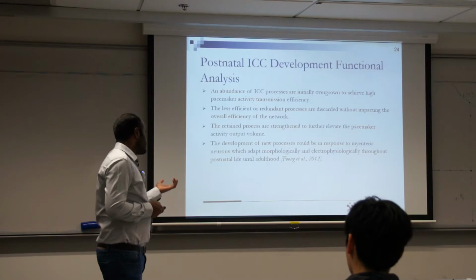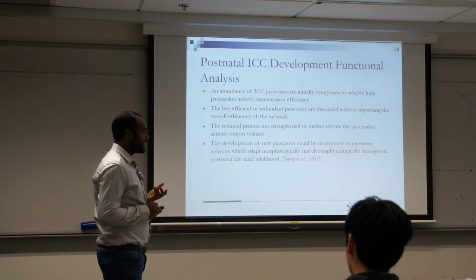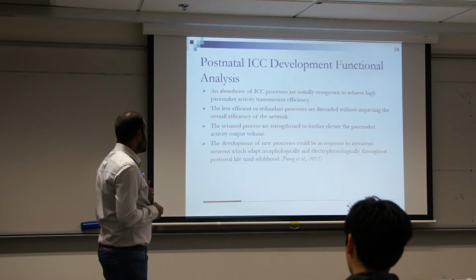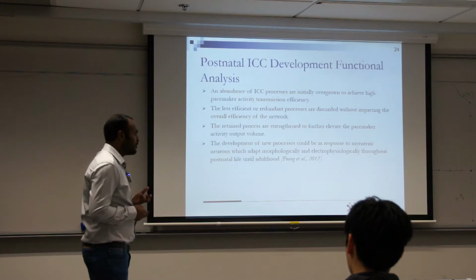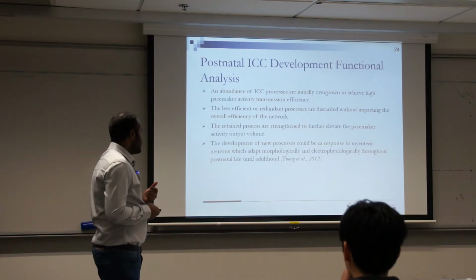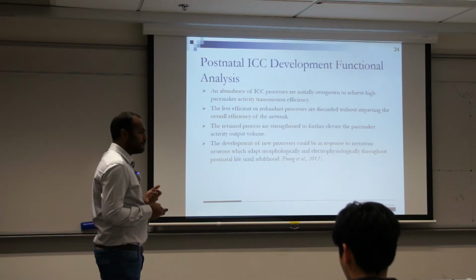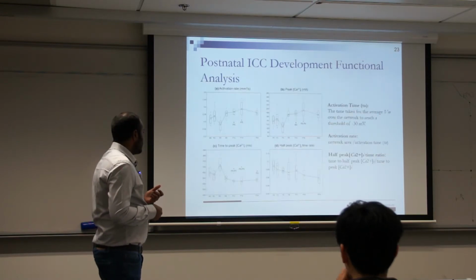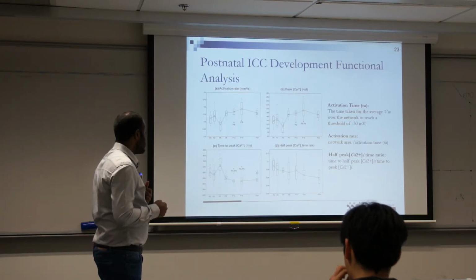Initially an abundance of ICC processes are overgrown to achieve higher pacemaker activity transmission efficiency. The less efficient redundant processes are discarded without impacting the overall efficiency of the network. The retained processes are strengthened to further elevate the pacemaker activity output volume. But then over here, we see the activation rate is reduced, and again